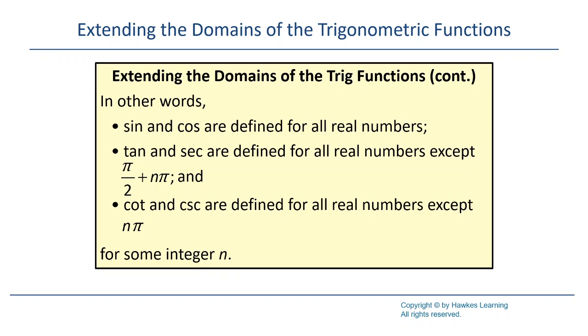Now what that means is you take a multiple of pi and add pi over 2 to it, because this is basically saying, equivalently, 90 degrees plus n times 180 degrees. Because remember, tangent is sine over cosine, secant is 1 over cosine, and if you think back to,